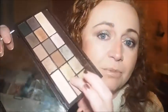So this is what the palette looks like. A really beautiful palette, full of cool tones, I would say. Even on this side it looks really cool toned, and I didn't think I would like it at all, but I've done 3 looks with it now, and yes, the mattes I've had to use over and over again, but I did use this black shade here. Didn't really particularly like that, but that's just because I'm not a fan of blacks. So I'm going to be using it a few more times just to use some of the other shades. I really want to use this gold just because I absolutely adore gold eyeshadows, and that one is in Fool's Gold. So yeah, I'd like to use that and a few of the other ones,